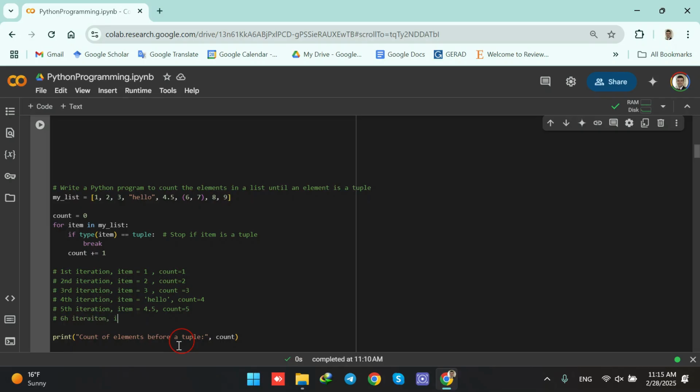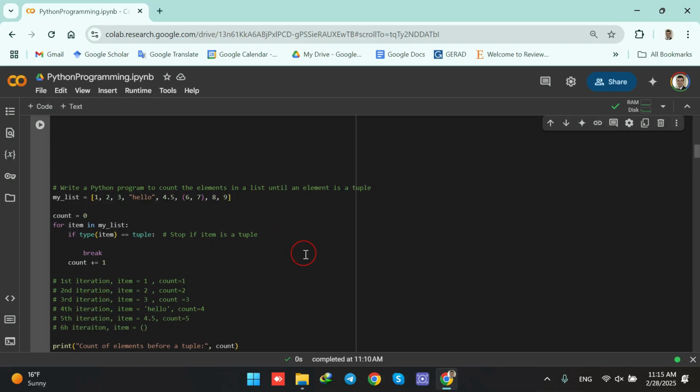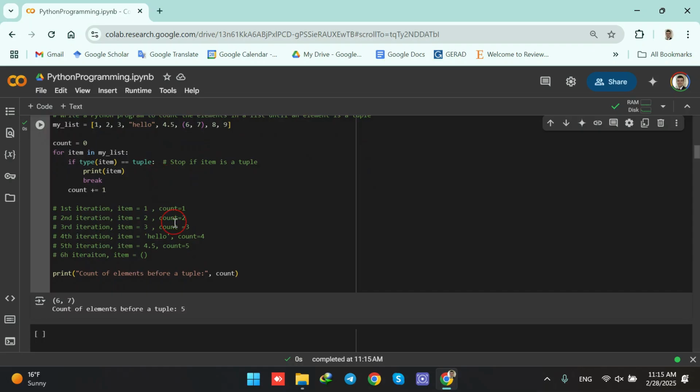Sixth iteration, item equals, you see a tuple. Now we are seeing a tuple there. Okay. We see a tuple there. Therefore, let me also print it here. Print the item. So you see it in the output when I run. So you see that